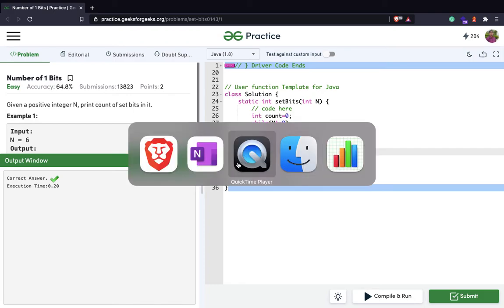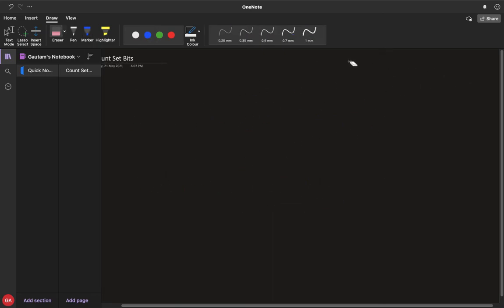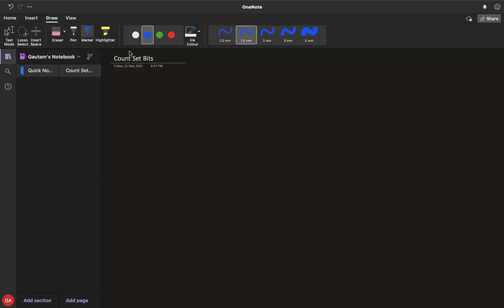So how does this algorithm work? Let's suppose there's a number 7. The binary representation of 7 is 1 1 1.